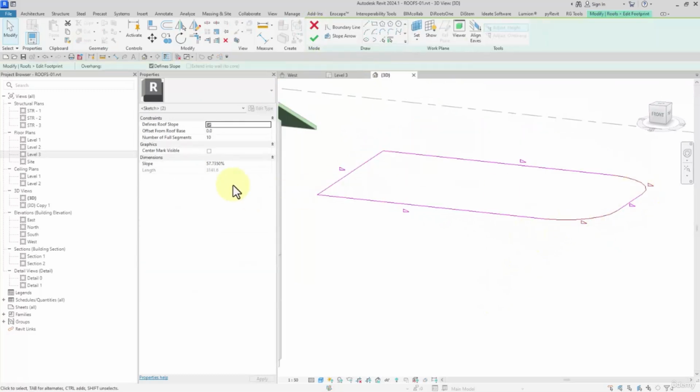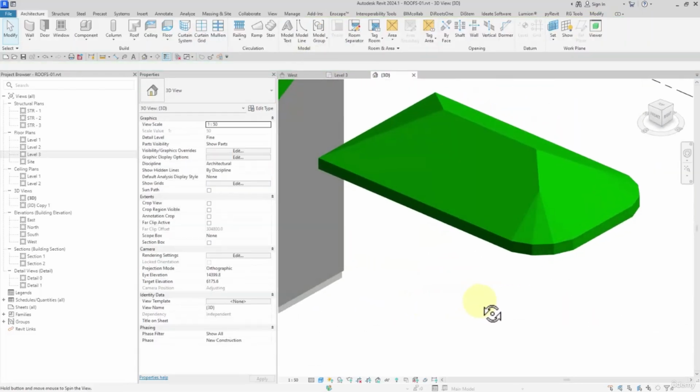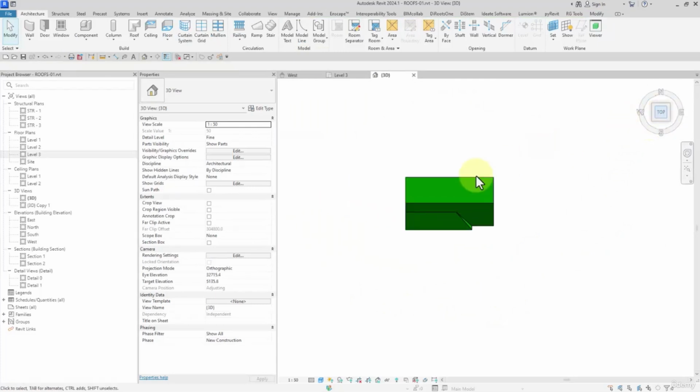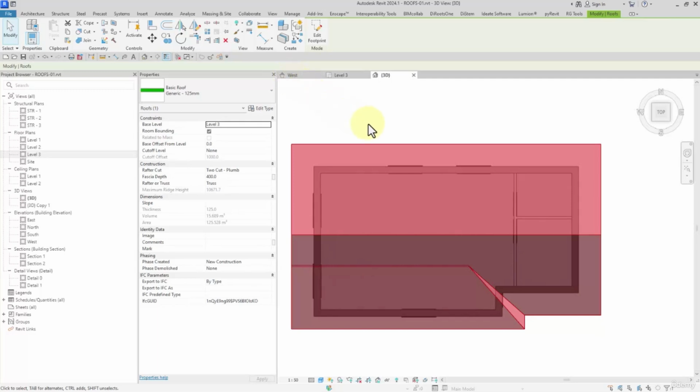Again we edit it. We minimize the number of full segments, 4, and this is the result. Check it out. So if we use arcs at the corners, we can use this technique. If you wanted to have a design on the roof, we can